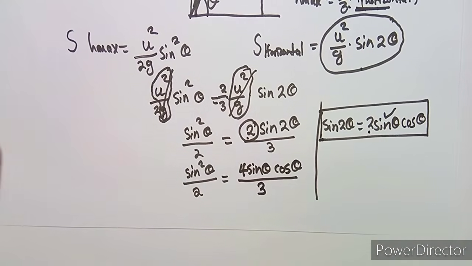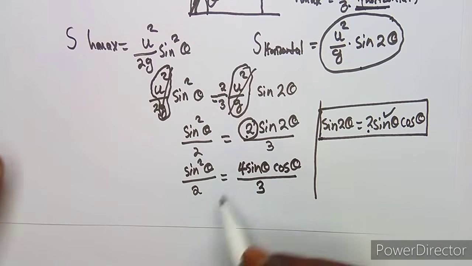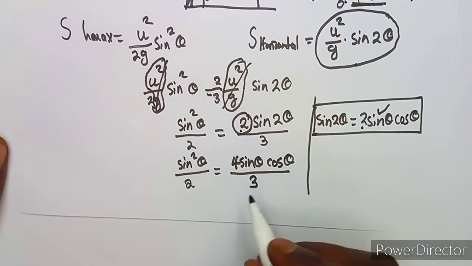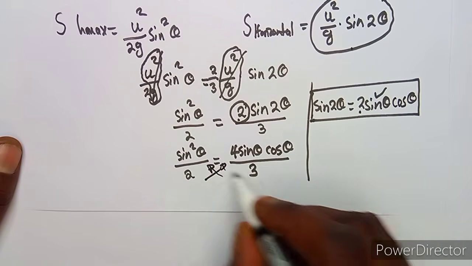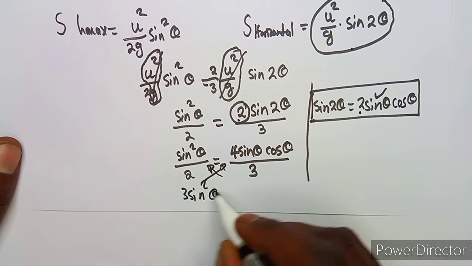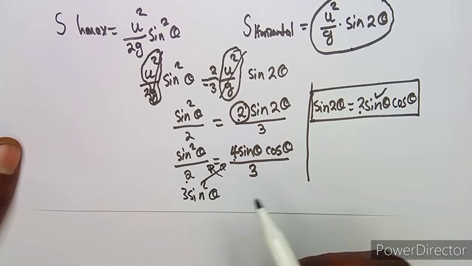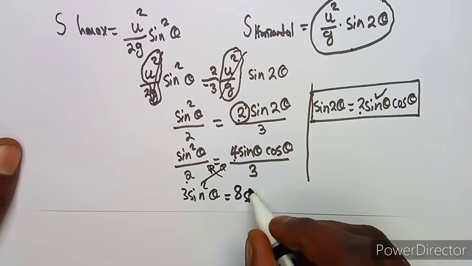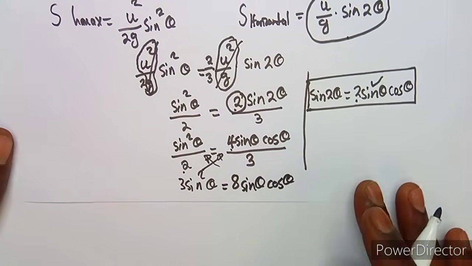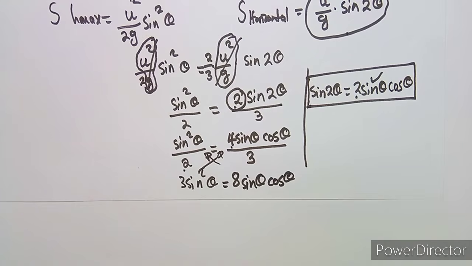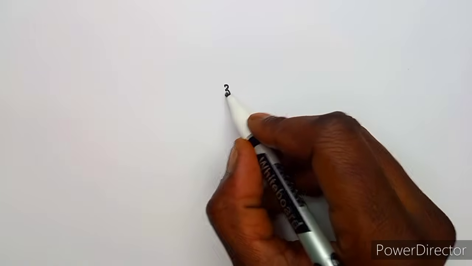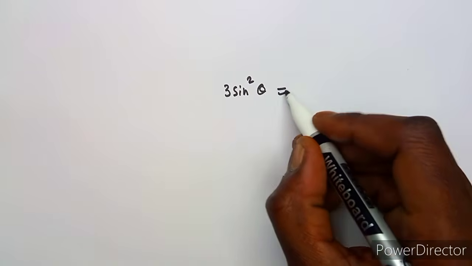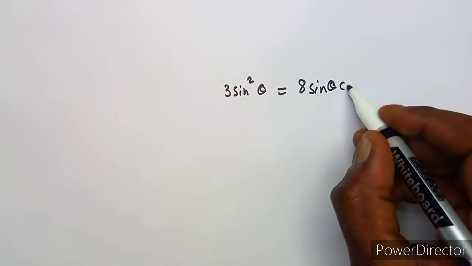All right, now we can cross multiply so that at least we can play around with these mathematical skills, guys. 3 times this is going to be 3 sine squared theta, and 2 times 4 is going to be 8, so 8 sine theta cos theta. What if we just take these trig values, the sine and the cos, to one side of the equation? So this is 3 sine squared theta, which is equal to 8 sine theta cos theta.